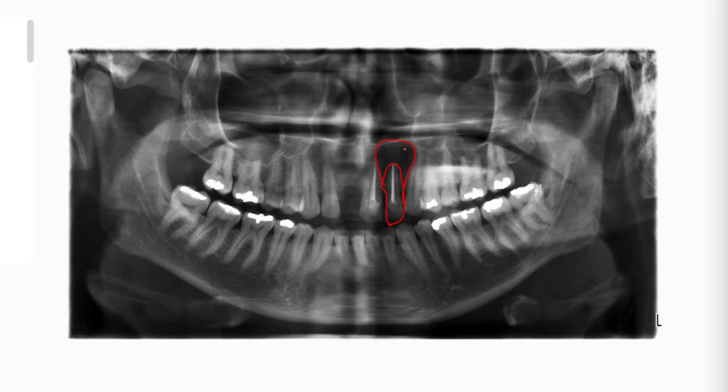Clear? And it is at least 4 cross 1.5 centimeter in size. Okay, clear? It's a little bit bigger in size. It is involving even the adjacent tooth 1-1. Okay, it is so big, and it is surrounded by a sclerotic border. So considering these facts, what will be a radiographic diagnosis?